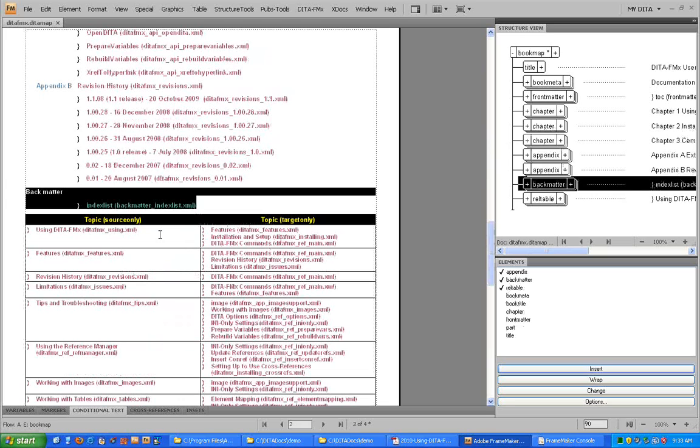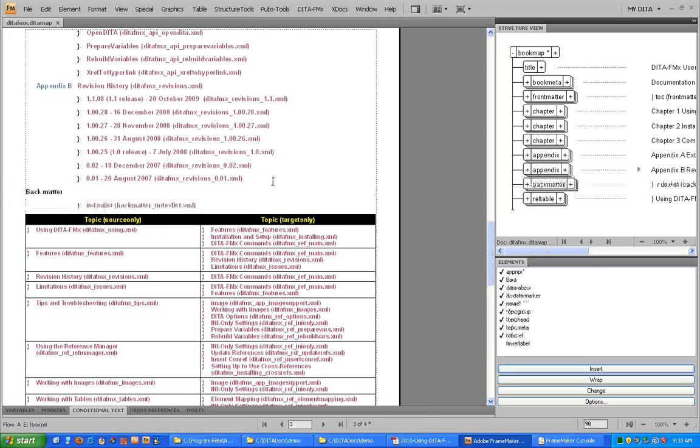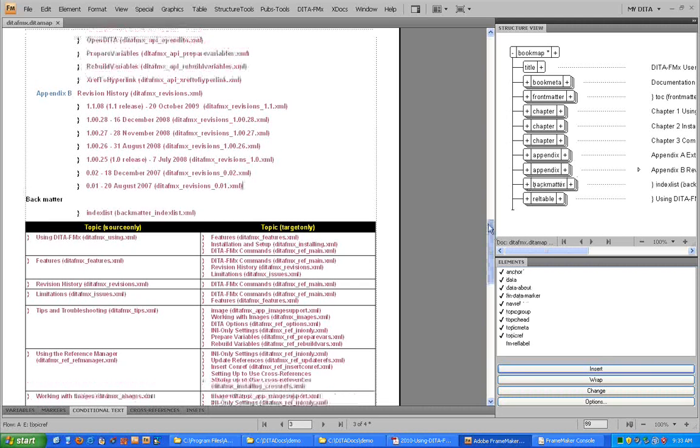All right, so I'm going to close all these files, and I'm going to open the map for the DITA FMx documentation. This is a proper book map. It's got